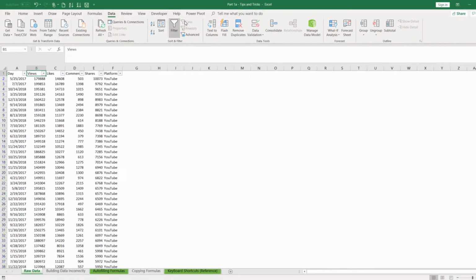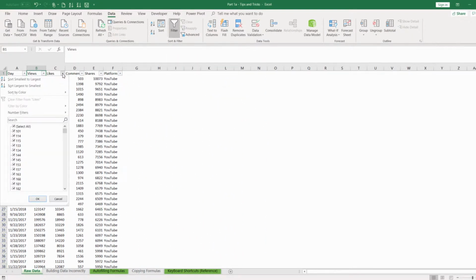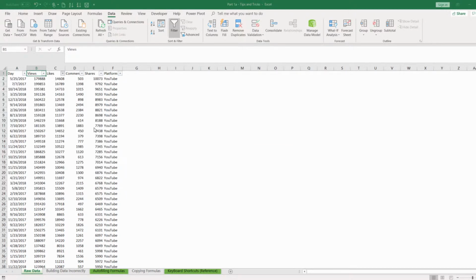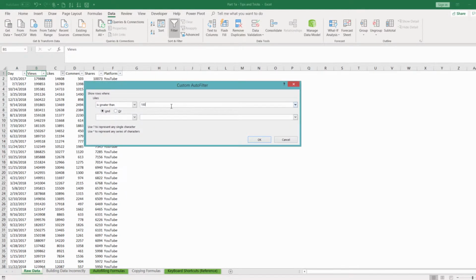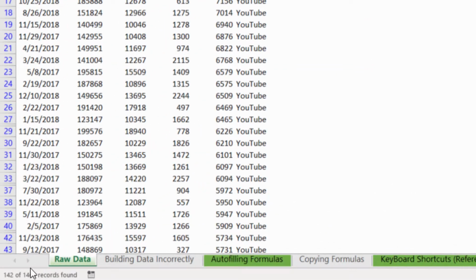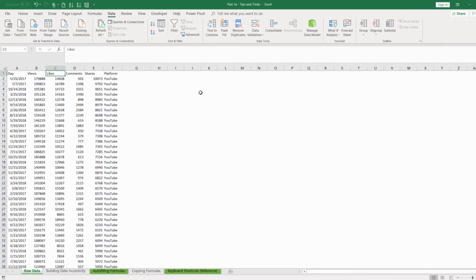Let's clear that out. Let's look at the number of days where we had likes that are greater than 10,000. If we look down at the bottom, we can see 142 out of 1460 had likes over 10,000. So again, great days. There's another cool feature of filters which allows you to look for the top 10 values